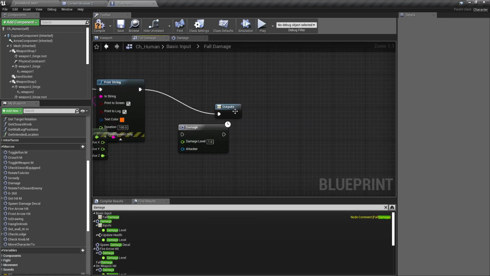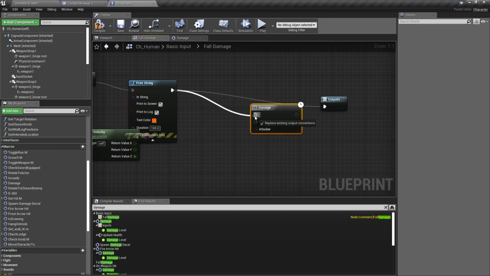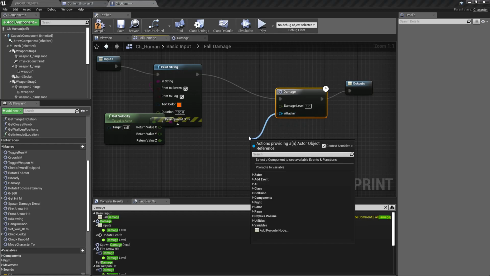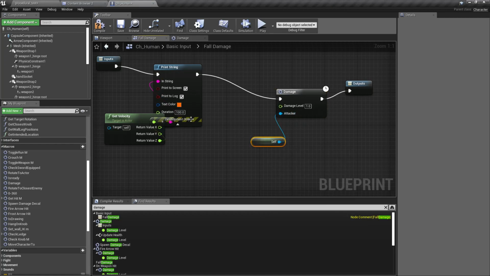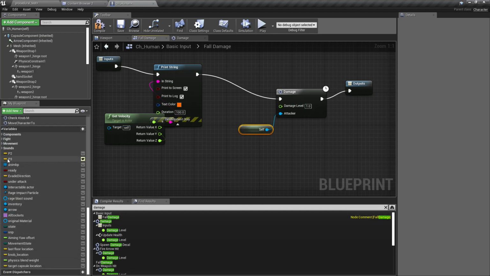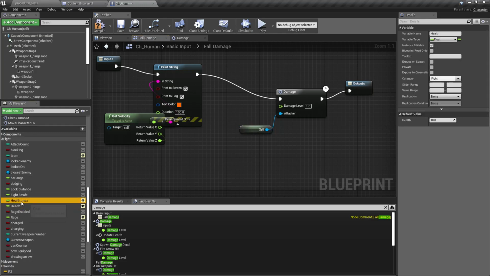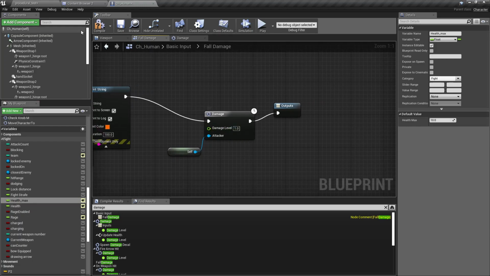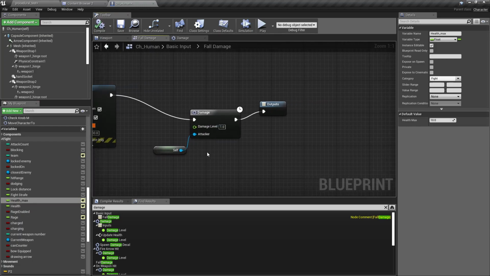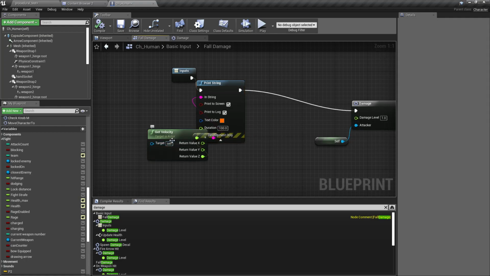Okay, so let's try this without thinking anything. So here we don't have an attacker, so the attacker is ourselves, so let's put self. I don't know if it will work or not, but let's just see. And for the health, I'll keep 1 as the damage level. Well, I should do this only if